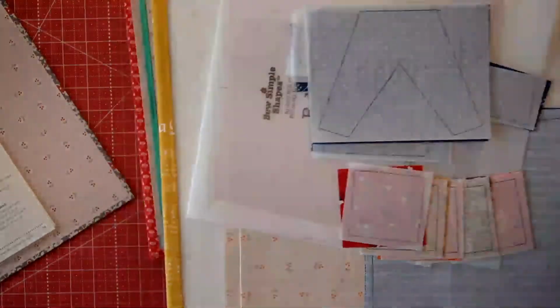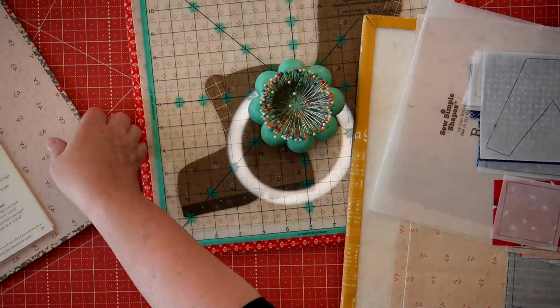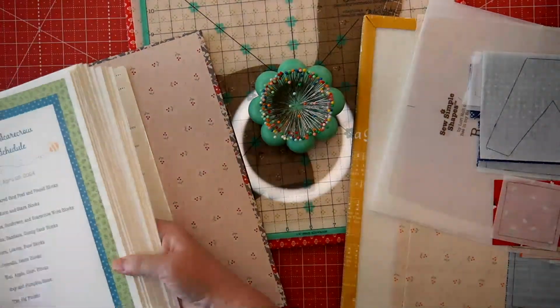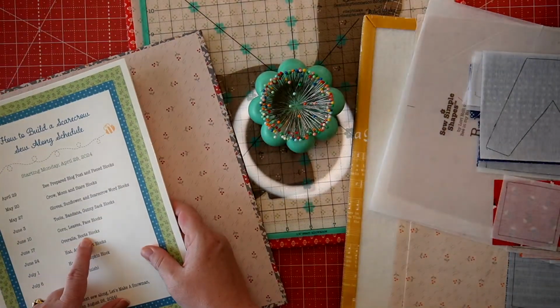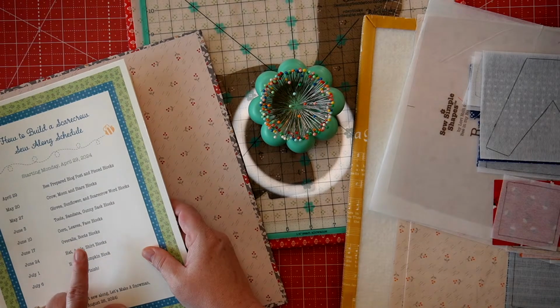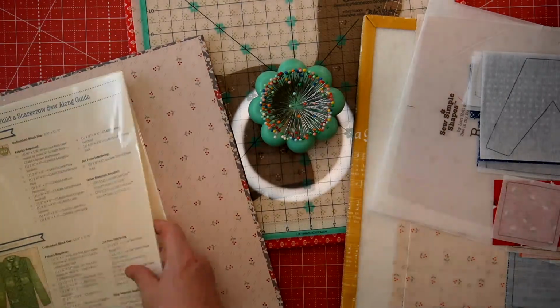My plan is to get those overalls done. This is my overall stuff. I would love to get these done. I'm done with the boots block. So I have the overalls to do, the hat, the apples, the shirts, the hay and pumpkin block. So all I have left to do,